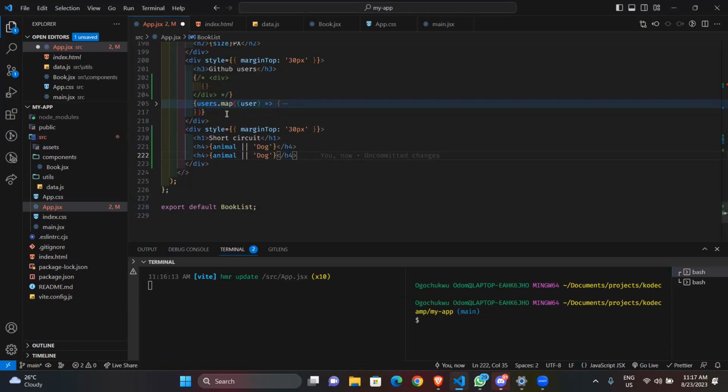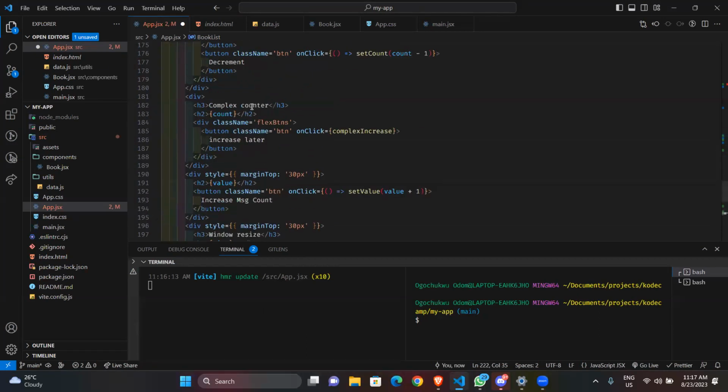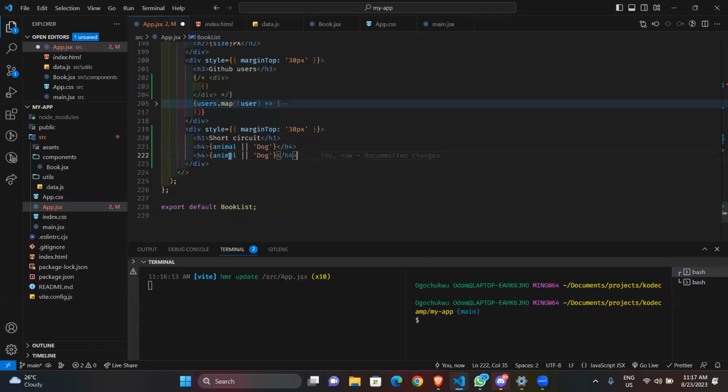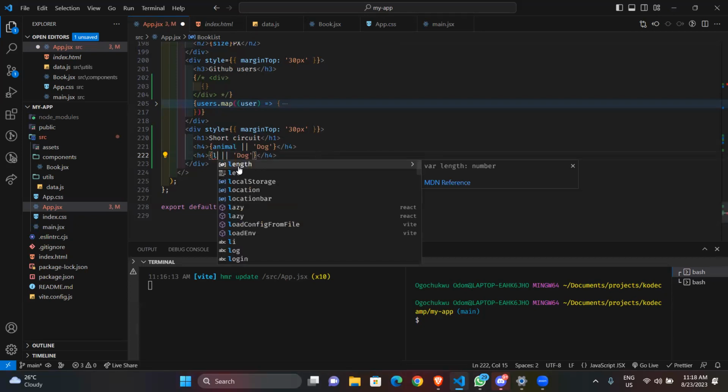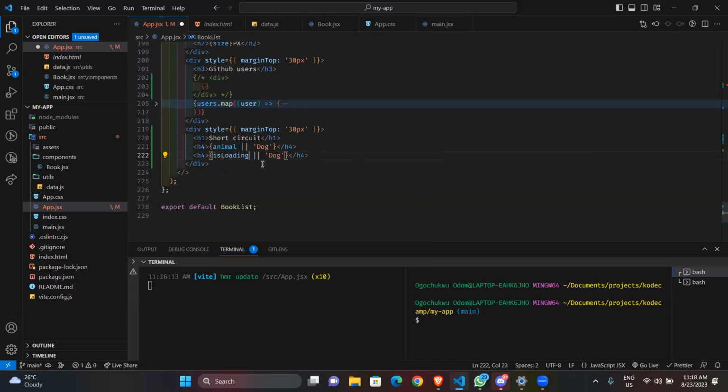Let's say we have the whole loading thing. So I'm going to use loading here. So let's say is loading. If we have is loading, we want to try this out. So you use double ampersand, if that's what it's called. And then you're like, okay,